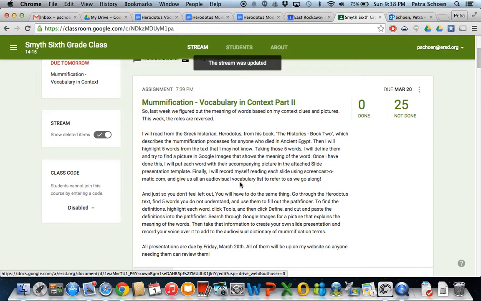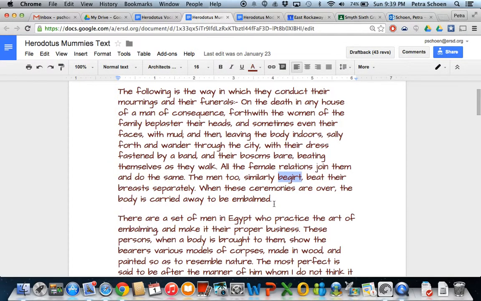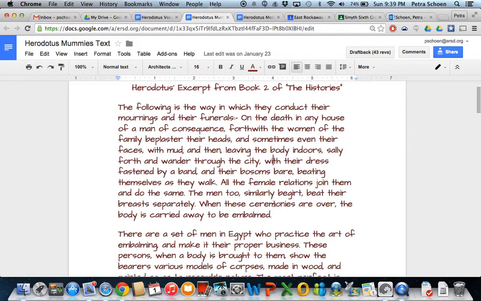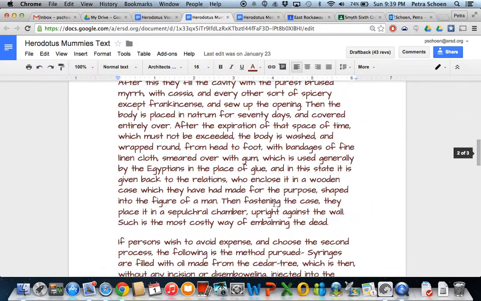Right to this week, where we have part 2 of vocabulary and context. You will be hearing me read from Herodotus book 2 of the Histories, which gives you some details into the mummification process for different levels of people in Egypt. There are a lot of words in there that are very difficult to understand. So what that means is you are going to listen to me, read through this, and then you are responsible